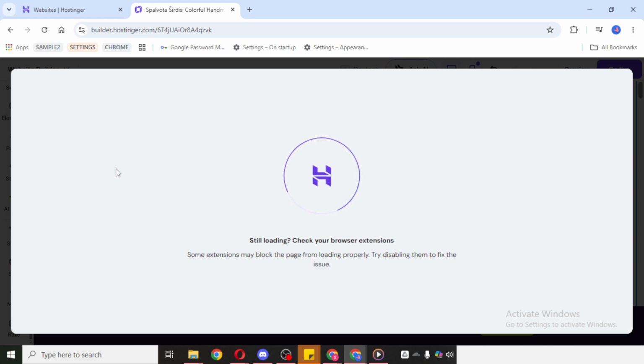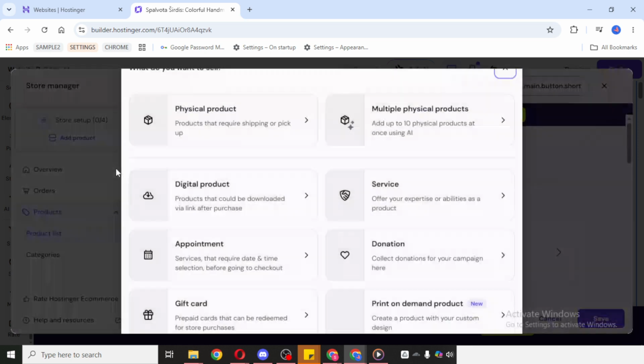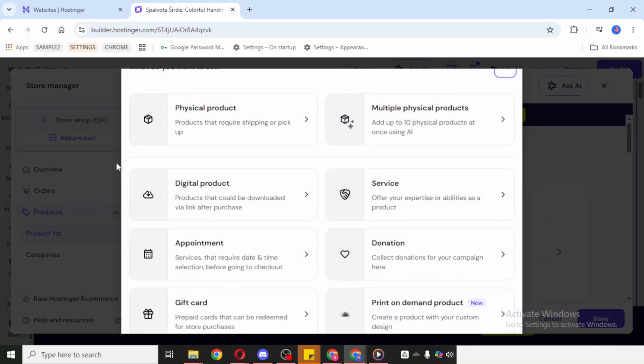Now, enter the necessary details for your product. This typically includes the product name, description, price, and any digital file or information associated with the item. Take your time here and make sure the details are clear and accurate. A strong title and a helpful description can make a big difference in helping customers understand exactly what they're buying.